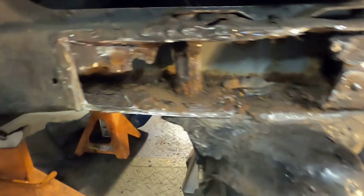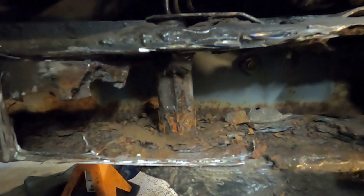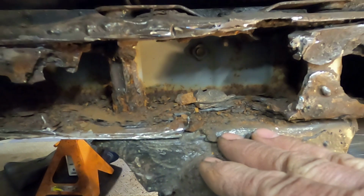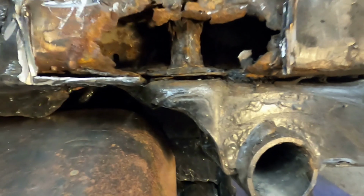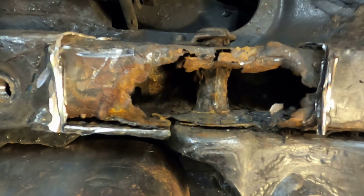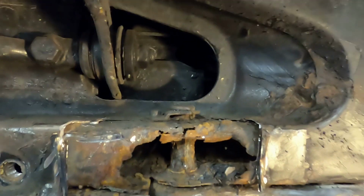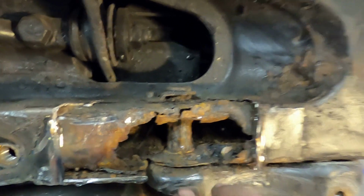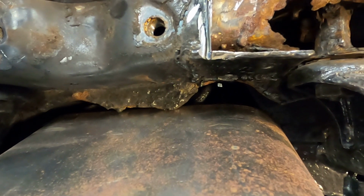Now here's a close-up of the inside of what I'm dealing with here. I've trimmed all this out, and I'm able to push this unit down a bit that holds the engine and the steering system, and you can see that there's a gap along here which I'll be able to slide through. Now I'm not sure that I want to pull these bolts or just make a piece of plate that'll slide in with a notch in it. It'll slide past that and then go all the way back up. There's a lip edge that runs all the way along here, the way they designed the frame,